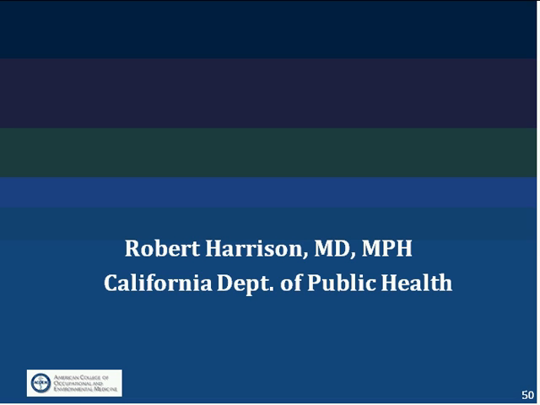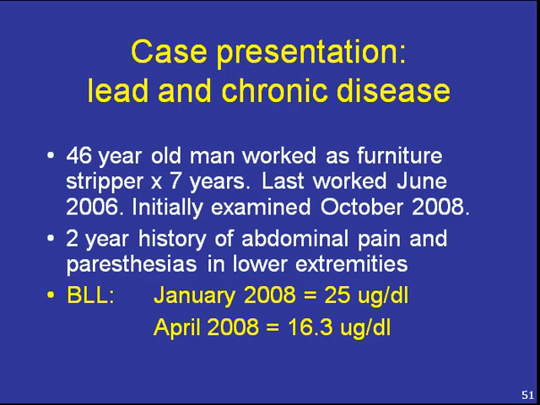I just wanted to remind listeners that the Environmental Health Perspectives article that you were referring to is a public access article. It was from March of 2007. And similarly, the guideline that the California Blood Lead Prevention Program has developed is available to anyone online, and you could just do a search on that. And we gave you the URL in the earlier slide. We're now going to go through 3 cases, and Bob Harrison has the first case.